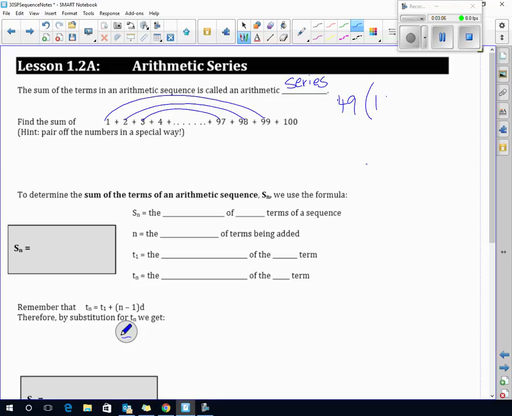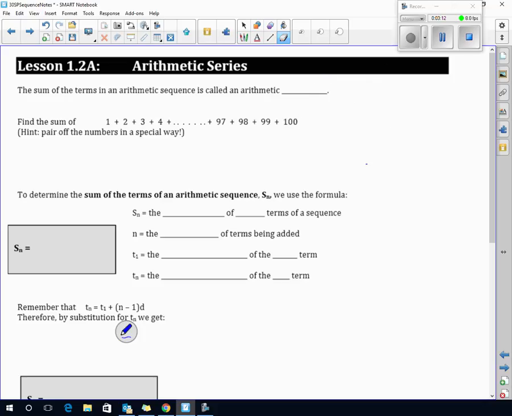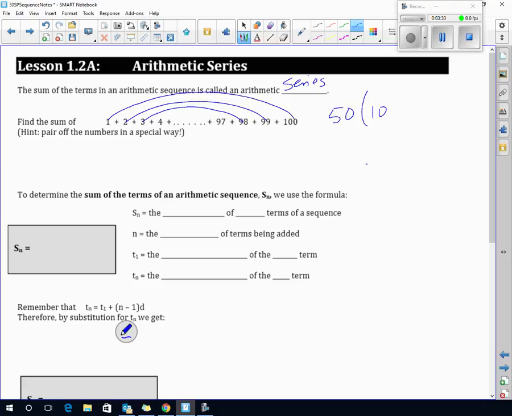1 and 101? No, 1 and 100, 2 and 99, 3 and 98, those add up to 101. And how many would we have of those? 50. So if I take 50 of them and times it by 101, I will get the correct answer of 5,050. So does everybody see why we had 50 of them? There's 100 numbers, and if you put them in pairs, you'll have 50 pairs, and each of the pairs add